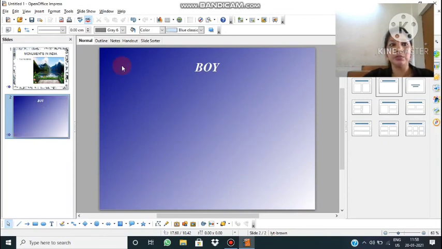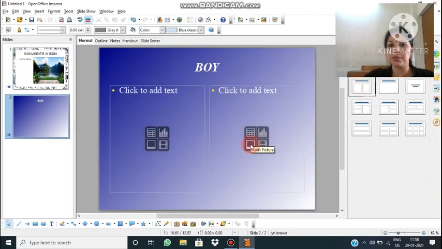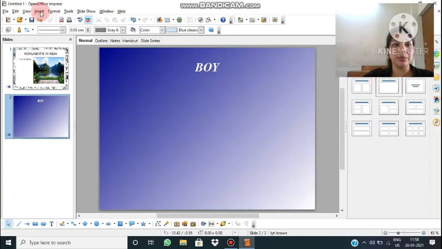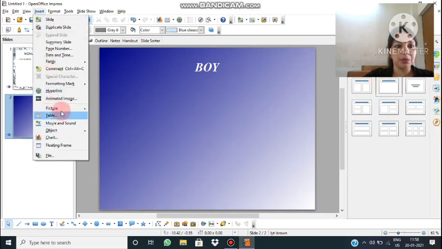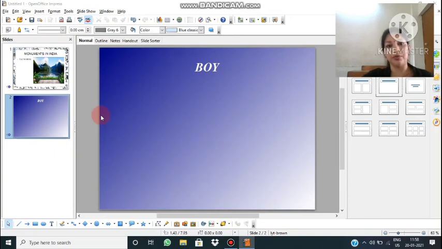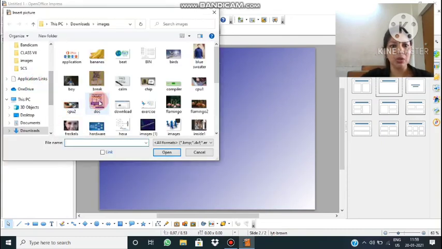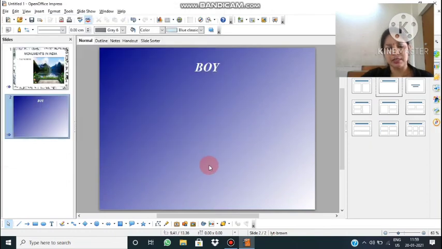Now to insert an image, if I have that placeholder of an image, directly by clicking on that, as I did in this one, like if I am choosing this layout, here I'll click on insert picture, and the picture will get inserted. In case you don't have that, you click on the insert menu and from there you can choose the option picture. It will ask you, do you want to scan it if you have a scanner, or from a file. From file I want, I'll click on from file and there all the images, suppose this boy's image is there, click on that and it will get inserted.